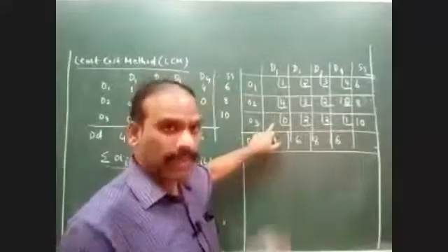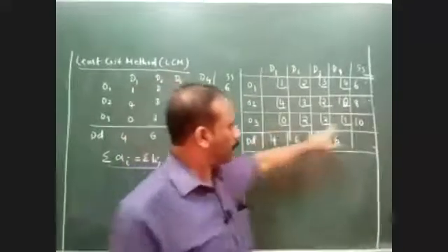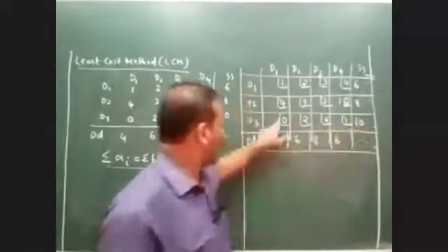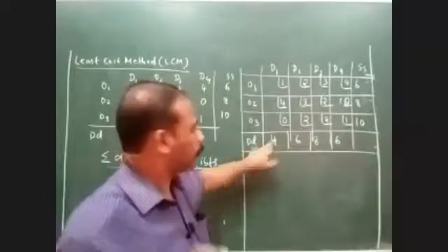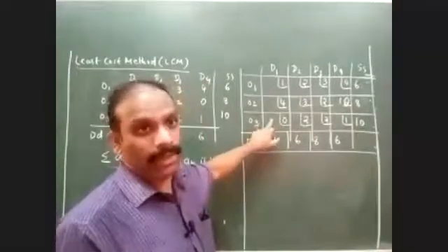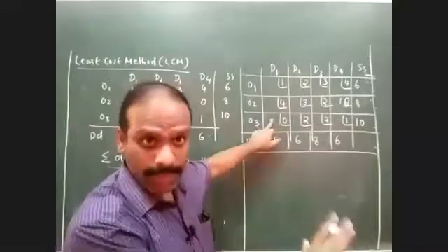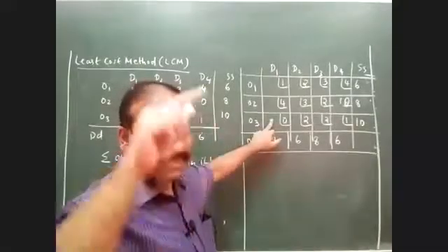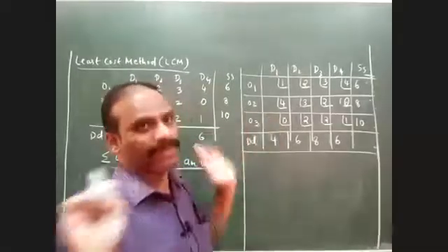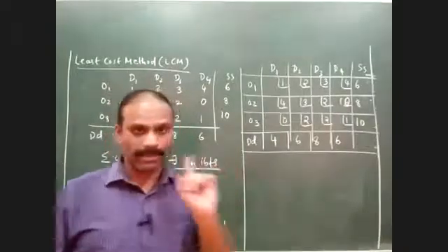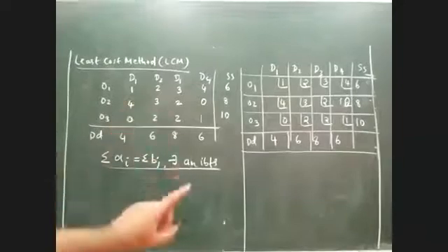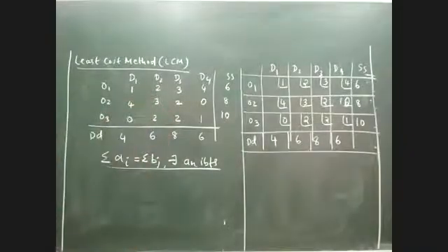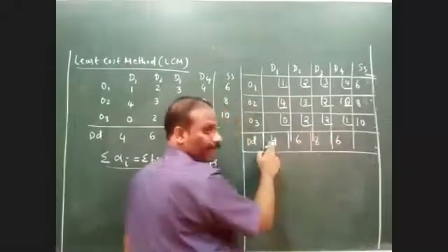If I'm taking this value as my first allocation, same procedure. Compare the corresponding supply and compare the corresponding demand. Compare the values, whichever is the lowest, that much has to be allocated. The way we do the allocation is again the same here, absolutely no different. Only the selection of the element for allocation is different. Please remember, the element which you are selecting for allocation changes, but the way we do the allocation is exactly the same. So out of 4 and 10, obviously 4 is the lowest value.